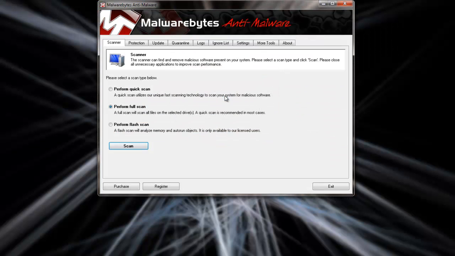Close all tabs. What you want to do here is select the scan type. Now the best way to do it, although it takes a little bit longer, is to perform a full scan. So full scan will scan all files and also what's called the registry. And we'll go through that in another video. So if we hit scan,